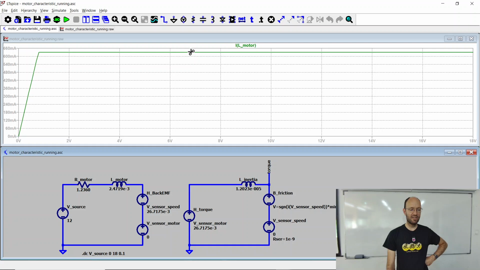So this is the range where the motor is not turning. Here the motor starts to turn, but in this model I only have this constant friction. I don't have friction that depends on velocity. So if we add in this model just another resistor to the mechanical side, put it into the motor and give it this quite small resistance that I've calculated in the table, like 0.1 ohm or so, and if we run again,